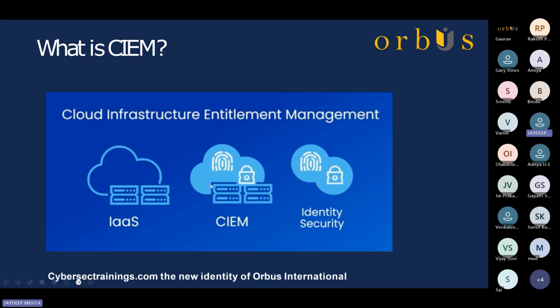You can set up periodic reconciliation, which will query your IaaS solutions to get the information about all the resources that are there in your tenant subscription, and also scan all your IAM policies around who has access to what roles or resources within your cloud provider. And CIEM enables a central governance platform wherein you can have visibility about what all resources are there across your single cloud or multi-cloud